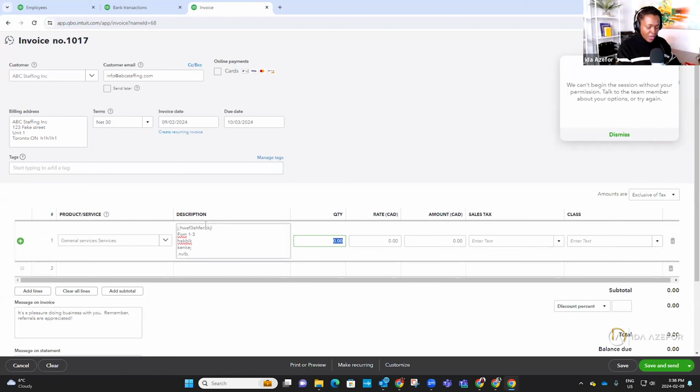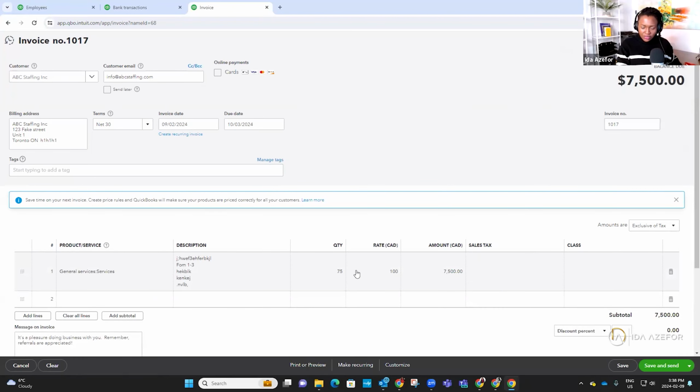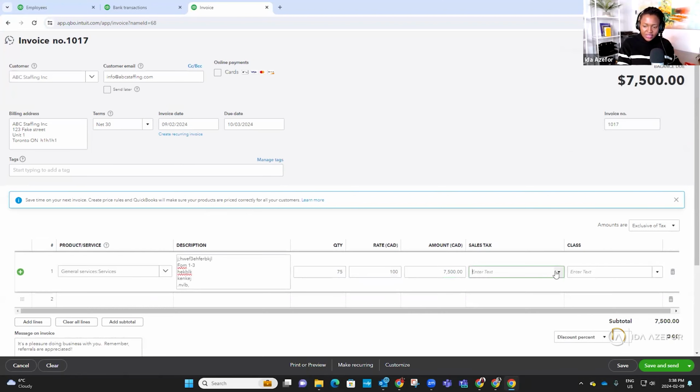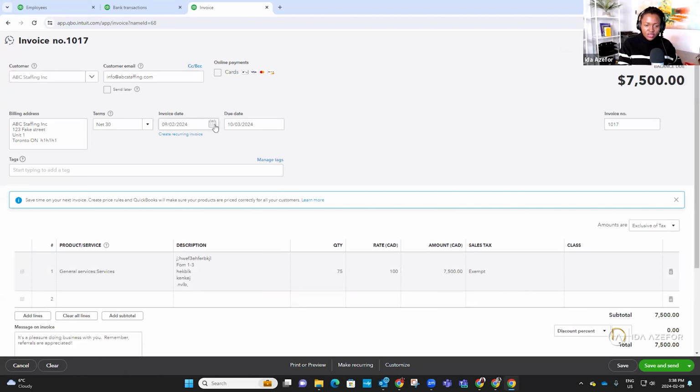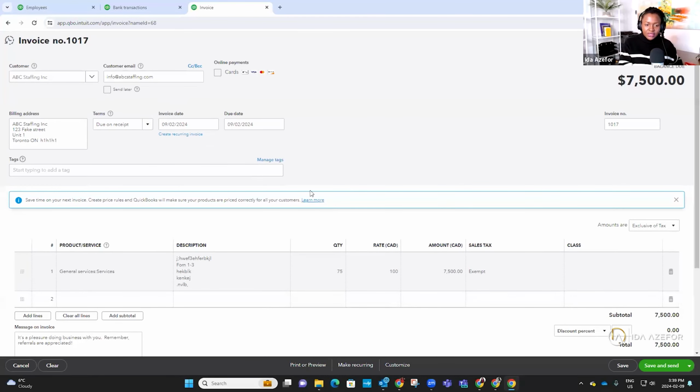Now, this is your number of hours. Let's say you work 75 hours and the rate that you're charging them here is 100, for example. It's going to do the calculation for you. So 75 hours at 100, and the sales tax is exempt because you guys are not charging sales taxes. You're choosing the date of your invoice. It's due in 30 days or it's due on receipt. You just change that. This is the date of the invoice. This is your invoice number. You're able to put some information here, or you can set this up at the back, and it's very simple, it's very basic. Now, you can save this,